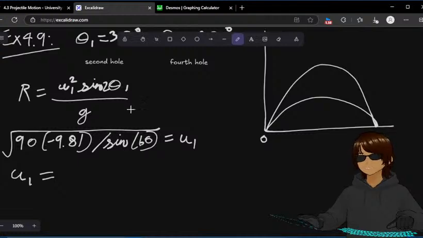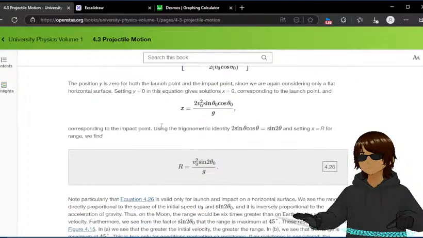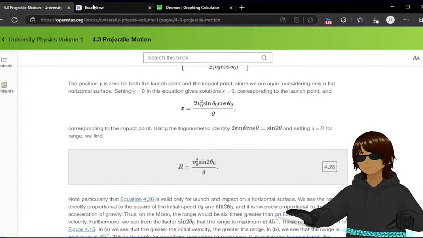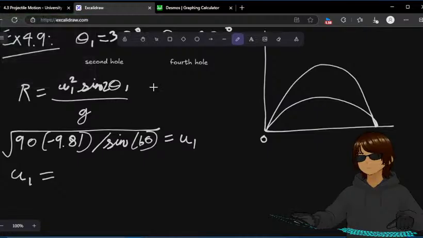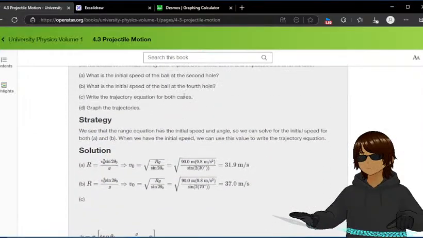So divided by sine. The range x is 31.929, 31.9. But why does it say 9.8 and not